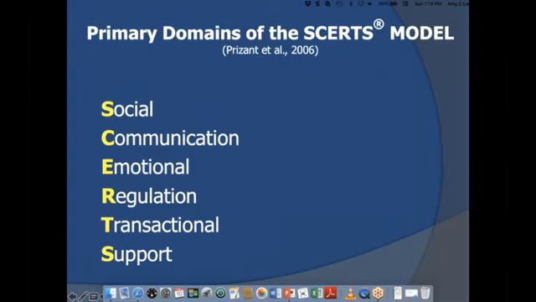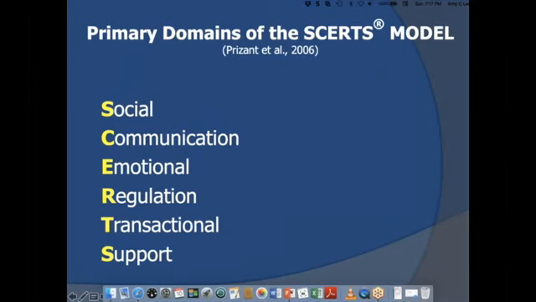So the first 2 components, social communication and emotional regulation, are things that we're looking to facilitate development within the child. And the transactional support piece of the model is, how are we going to do that? What are our responsibilities as partners? If we want to see change in the child, in the students, in the individuals that we care about, we have to be willing to change too. So SCERTS really is a learning partnership model. Change in the child, change in the partners creates this kind of needed change overall that we're after.